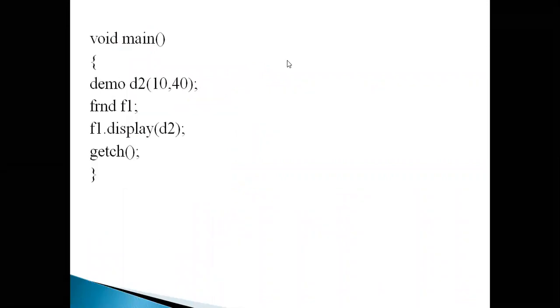How to work with the friend class? Simply here I come to the main program. I am creating the object d2 for the demo class, and I am passing the values 10 and 5 to the x and y values, and creating the object for the friend class FRND. Now f1.display of d2, where d2 is the object of demo and f1 is the object of FRND, where display is a normal function.